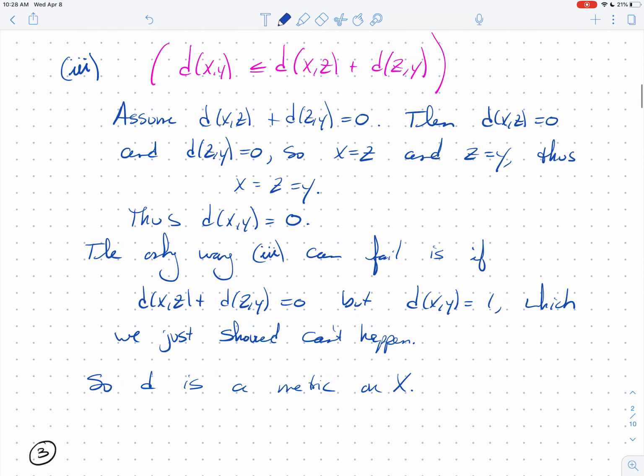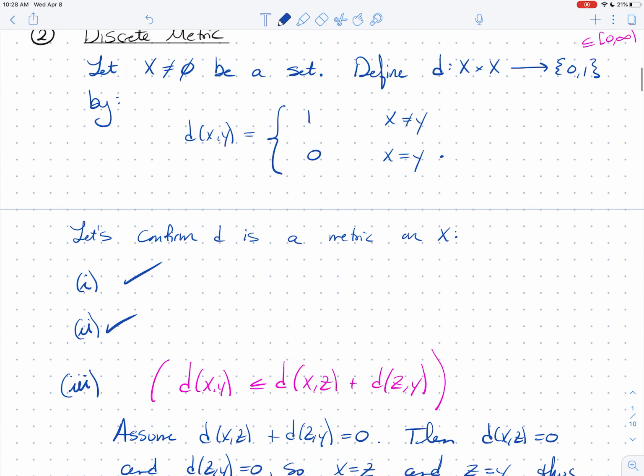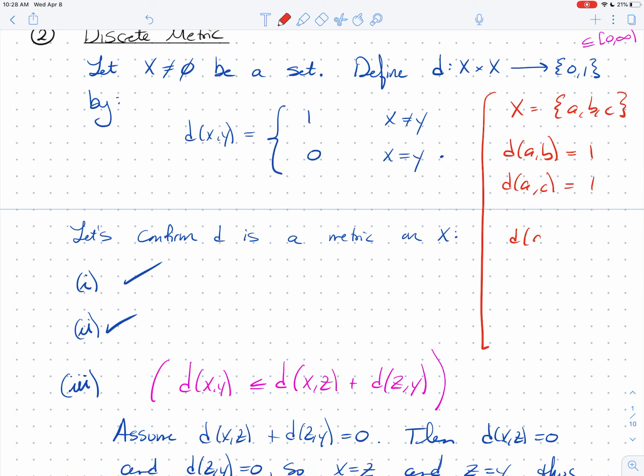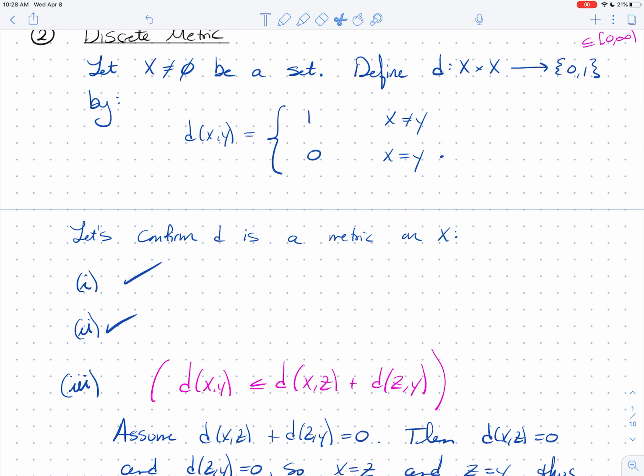So this is the discrete metric, and let's just take a moment and play with a quick example. I'm going to squeeze it in right here. So maybe my set X is the set {A, B, C}. What's the distance between A and B? Ask yourself real quick. Well, it's 1. And what's the distance between A and C? It's 1. The distance between A and A is 0. The distance is either 1 or 0, so on and so forth. So I'm going to erase that, but I just wanted to make sure that we're clear there. All right, so let's stop this video here, and then in the next video we'll look at another